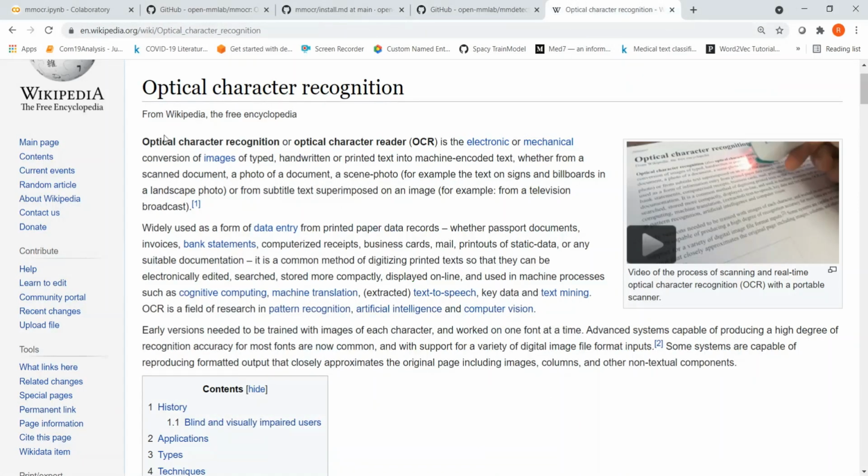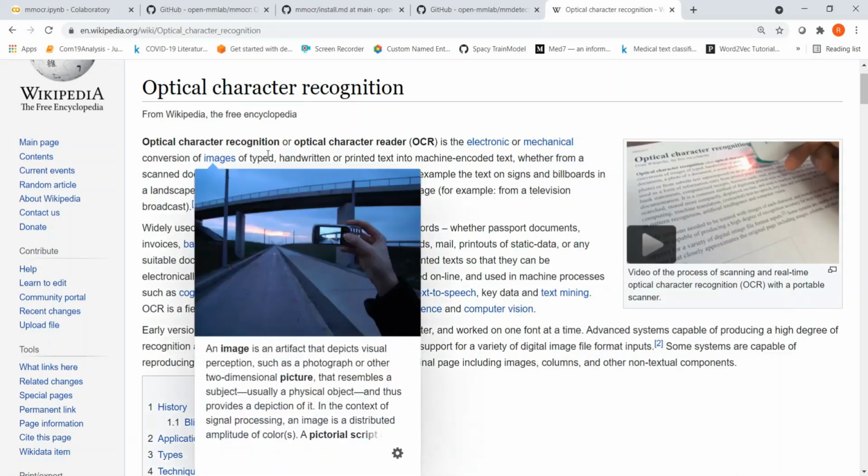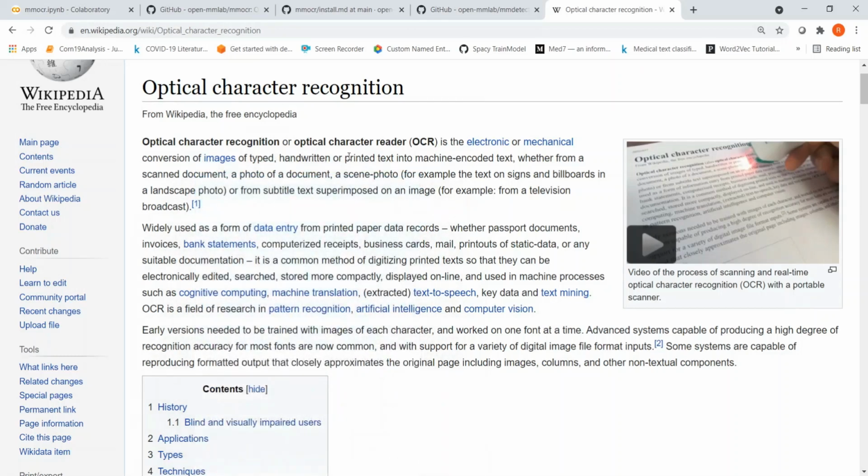So what is optical character recognition? Optical character recognition or optical character reader is the electronic or mechanical conversion of images of typed, handwritten or printed text into machine encoded text. It could be from a scanned document or a photo of a document.